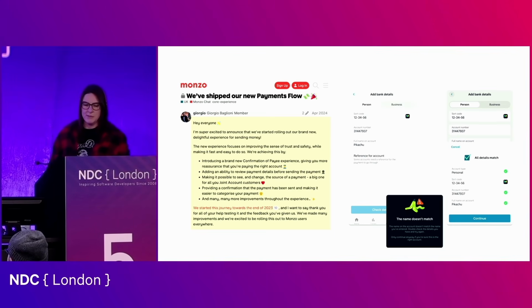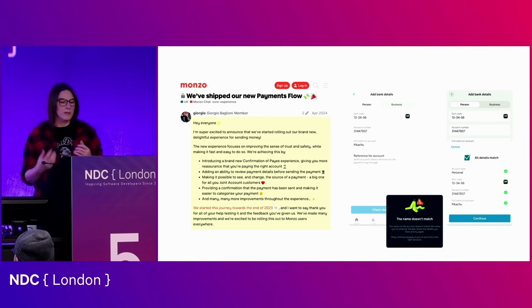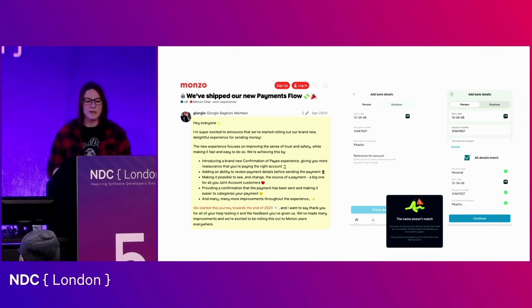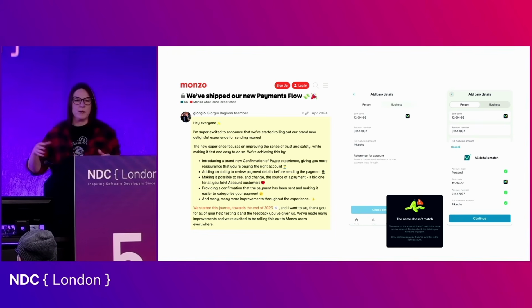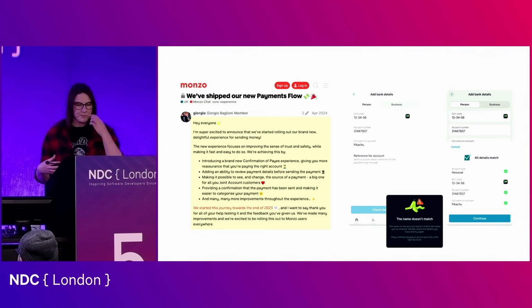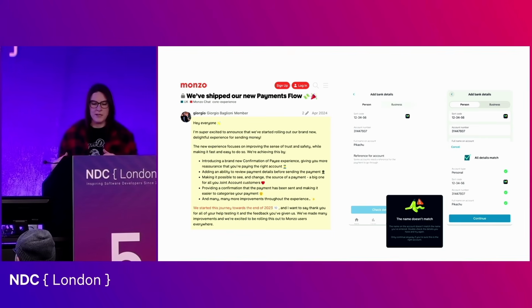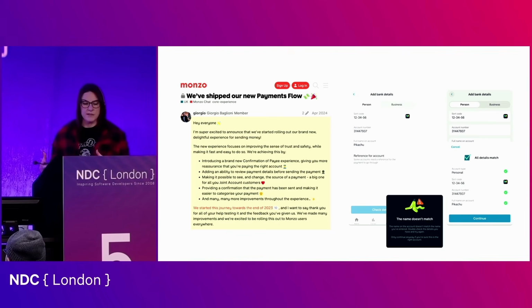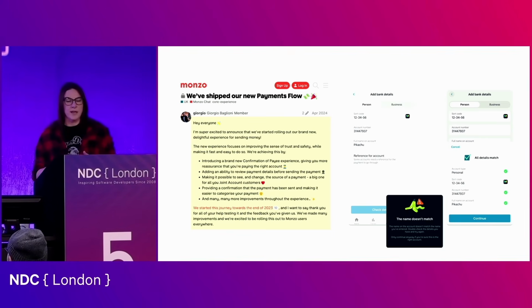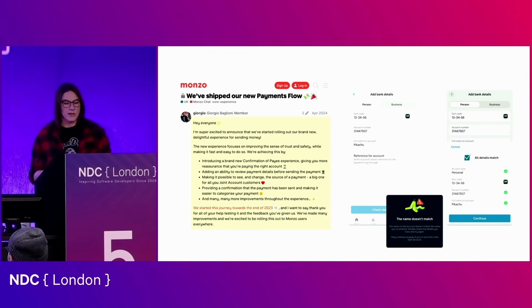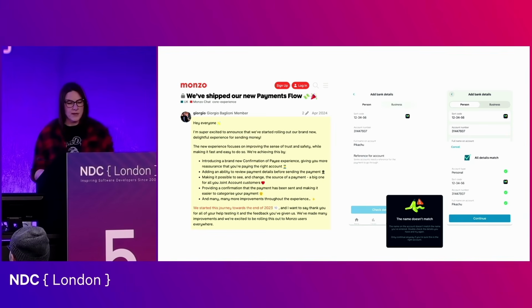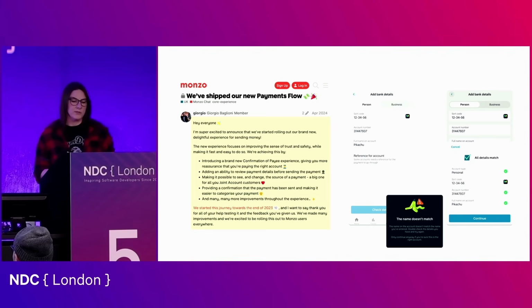2 members of the team at Monzo did a joint talk where they spoke about their work improving the experience when sending a payment to a new person or a new account. And they improved that based on user needs. So they needed quicker ways to enter details like sort code and account number. They needed to verify details. They needed a confirmation step for reassurance, and less options when sorting payments into categories post-transaction.